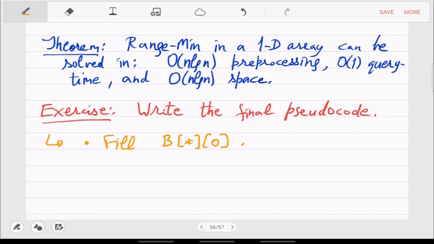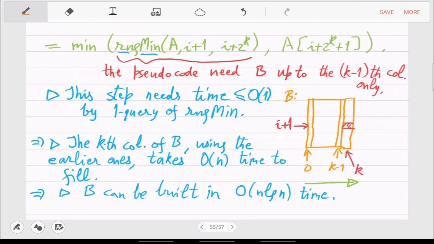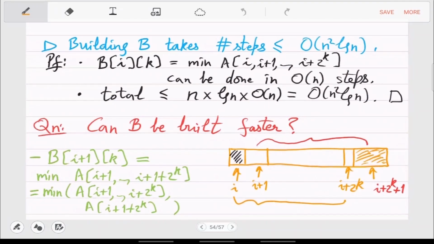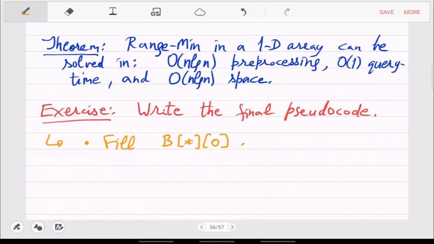Yeah, so you have to again refer to this picture, how this was working. Everything here needs some proof and some thinking. But anyway, the steps just syntactically are these. You fill the 0th column using the recurrence.